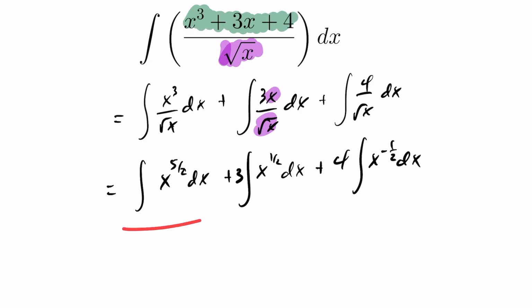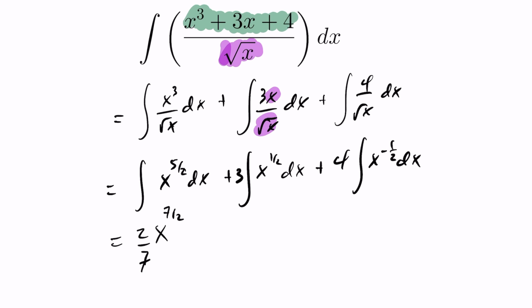So now I'm breaking this up in terms of the integral of a base, in this case x, to some real value, each one of these. So taking the integral of this is quite easy. Again, I need to think of something I take the derivative of that'll give me x to the power of 5 halves. So if I look at x to the power of 7 halves, you subtract that 1, and when you drop down the 7 halves, you'll get your 5 halves that you want. But again, I'll have a 7 halves in the front I want to cancel off, so I'll put a 2